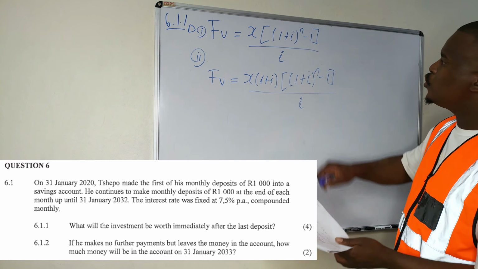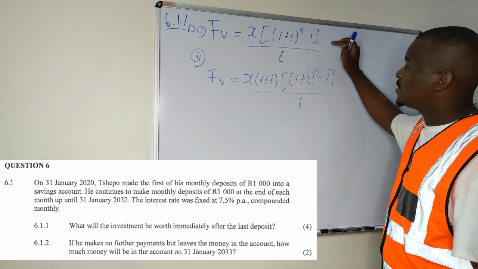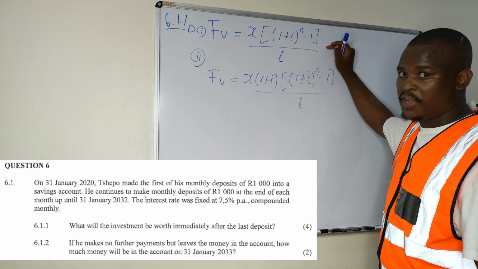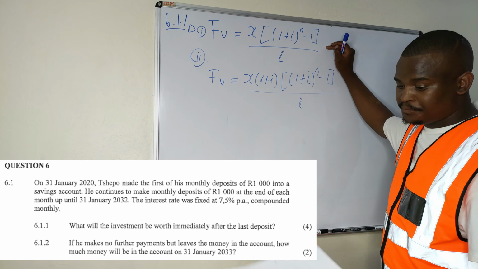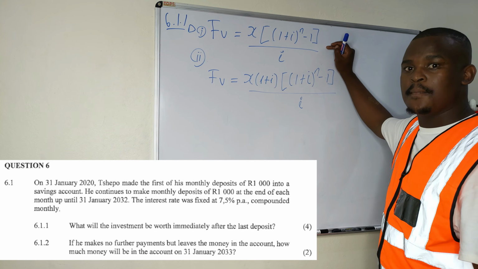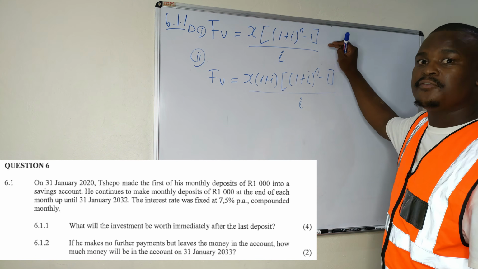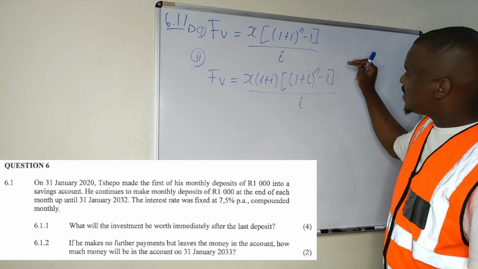So you use the first one on your investments when the first deposit is made at the end of your investment period. In this case, the deposits are made monthly, so you will use this one if your monthly deposits are made at the end of the month. And then this one,